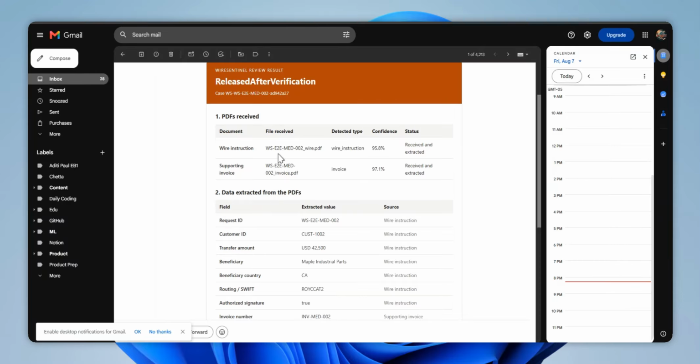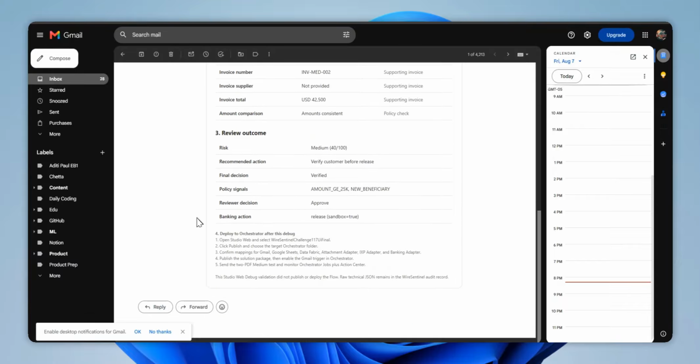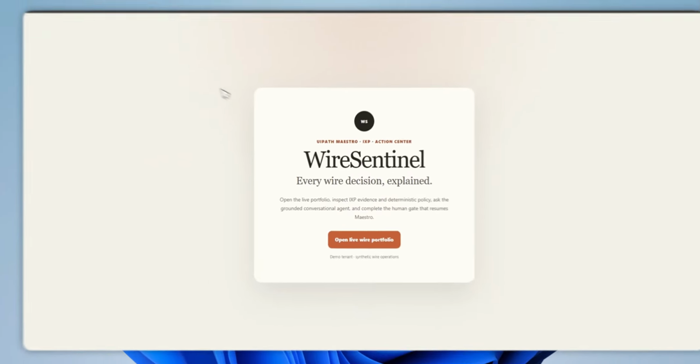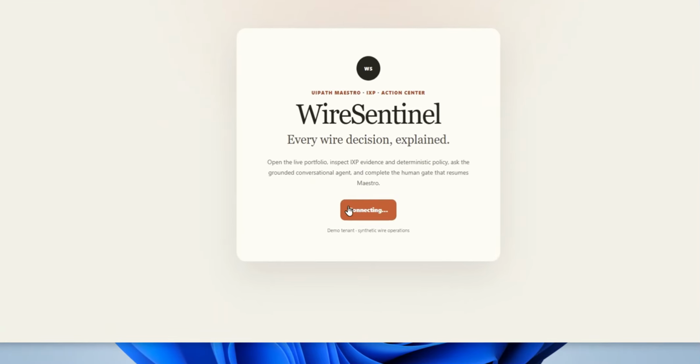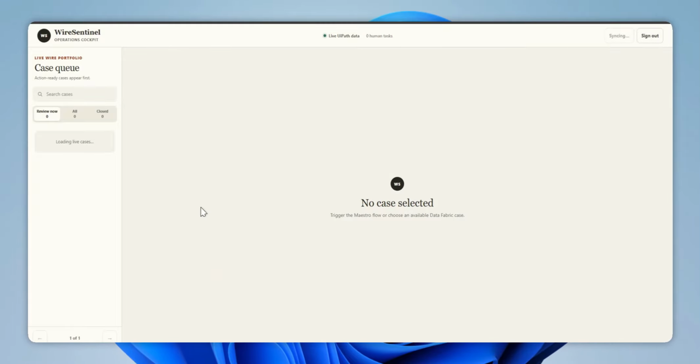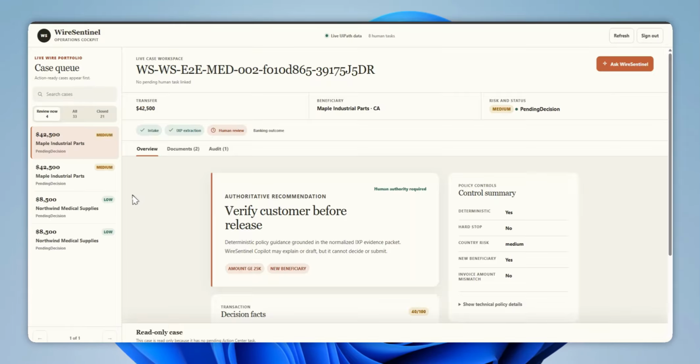It exactly shows me the wire instructions, what are the emails that I have received, and the IXP confidence of supporting the invoice and wire instruction information, and everything has been populated. Not only that, I have also created a nice Wire Sentinel cockpit where the business can easily analyze all the cases information